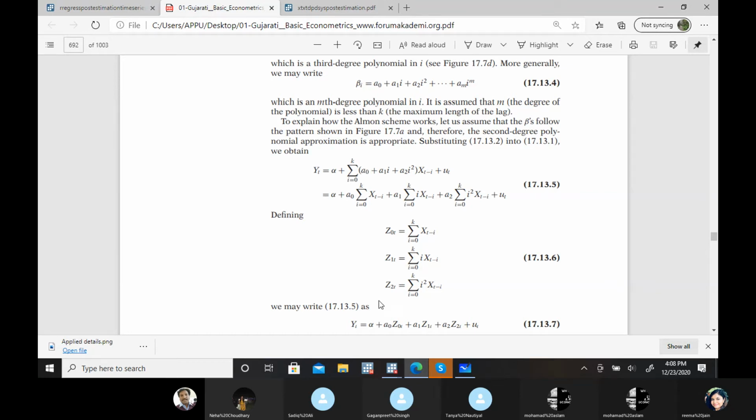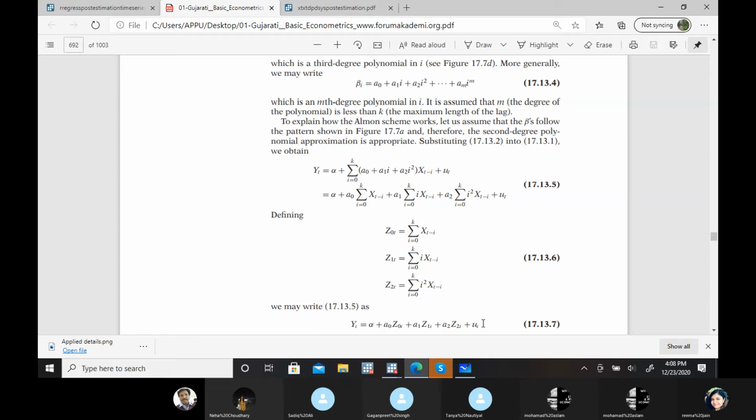Now your model becomes like this particular model. Z0, now what is Z0? Over the lag length, this is a summation of all your lag values. Then 1, then 2. Now I will change here: a simple i, then i square. If you add cube, then it is alpha 3 with Z3.